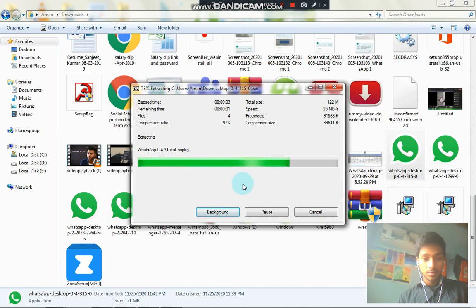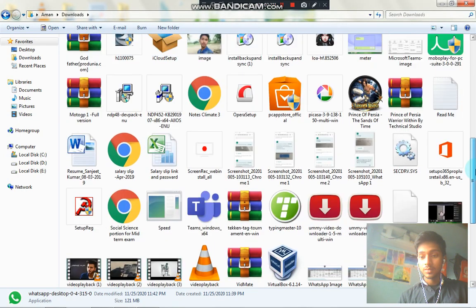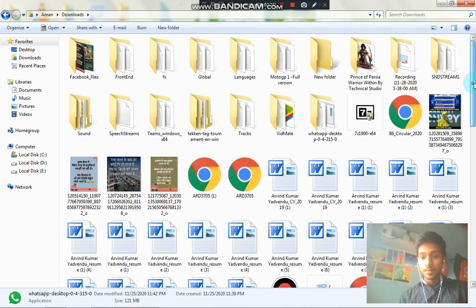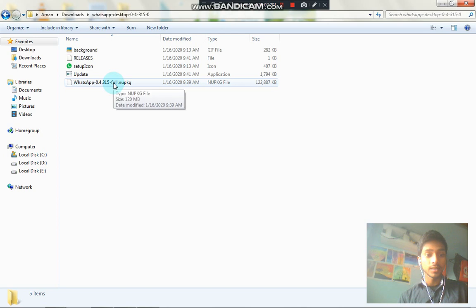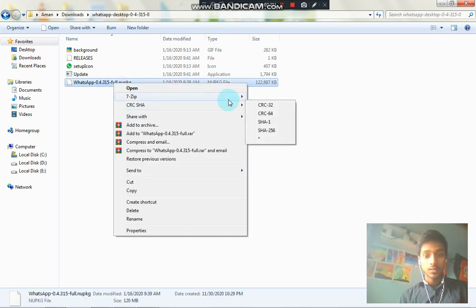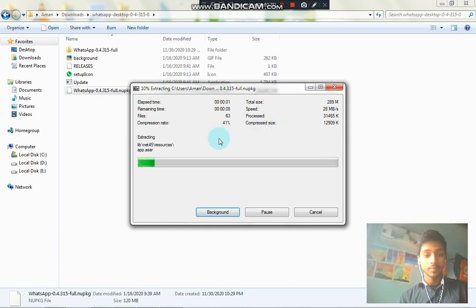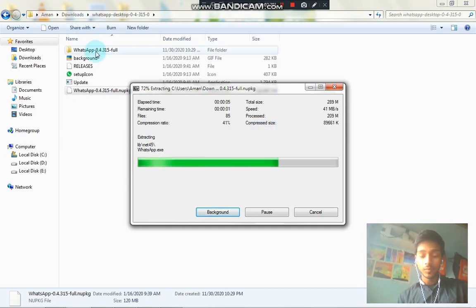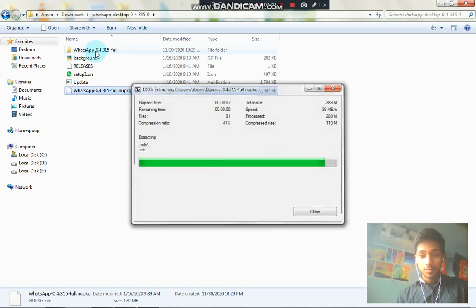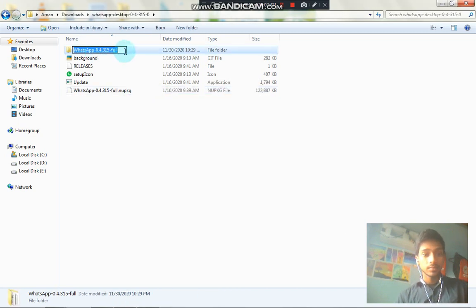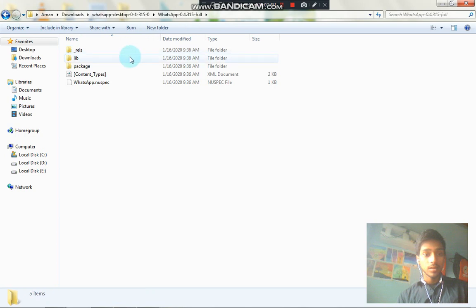My WhatsApp has been extracted, and after extracting, this folder will come. You have to open this and extract the last folder also. I have gone to 7-zip and extracted this. After extracting, this folder will appear. You have to open this. See, I am opening this. After opening, the lib option will come. You have to open that